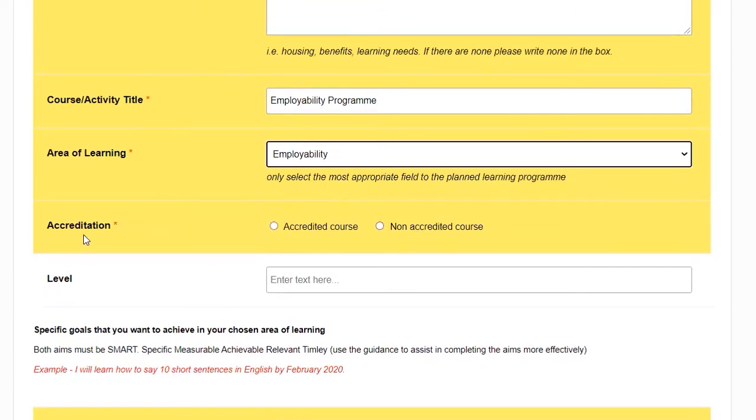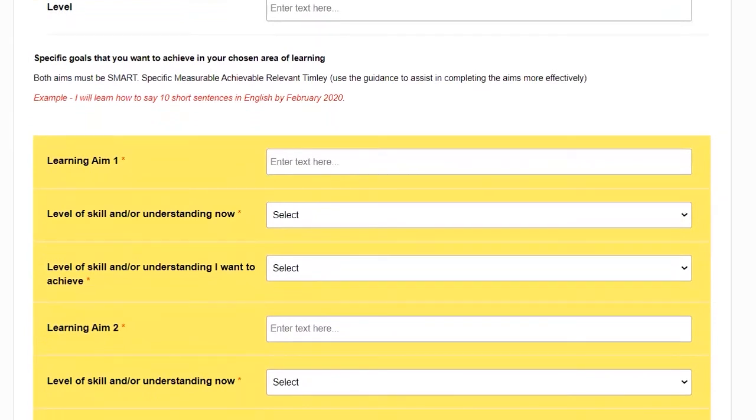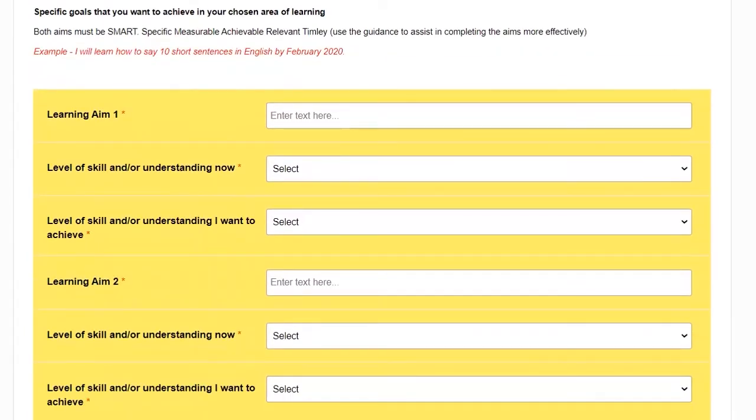Now here you'll see accreditation. So as we said, accredited or non-accredited course. If you are selecting accredited course, you would need to put what level that is in this box here. As we said, for this training, we are doing non-accredited courses. So you will see as we scroll down here,